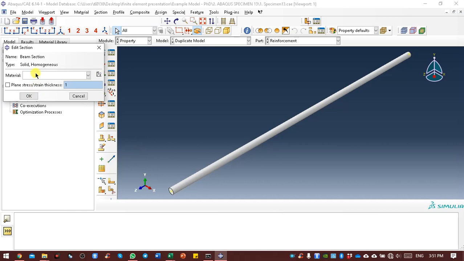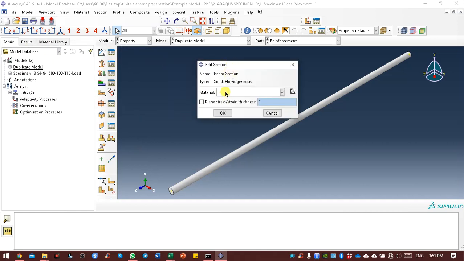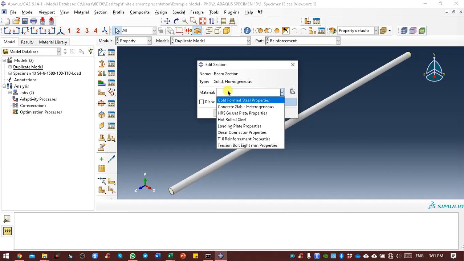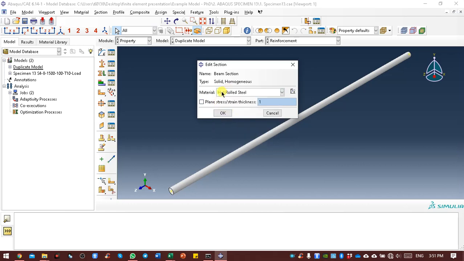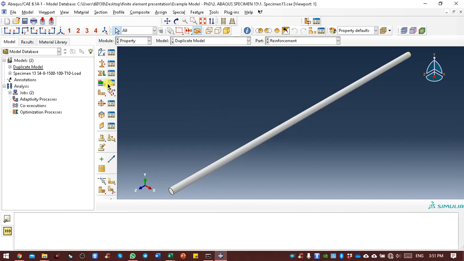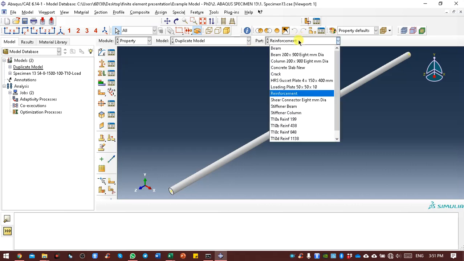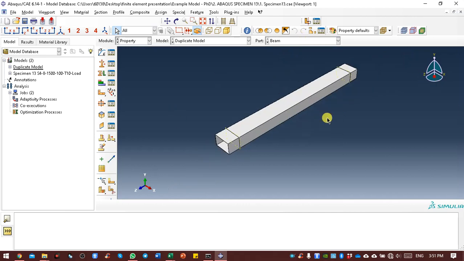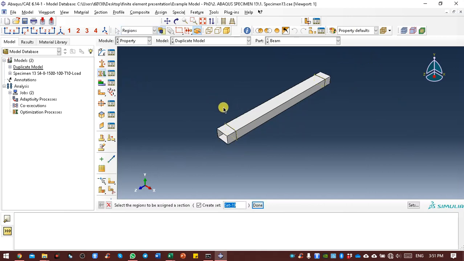This is the part where you need to assign the material, which you already assigned, the hot roll steel just now. So the material itself you already assigned as hot roll steel, and that's it. Okay. After you create the section, you then need to assign the section. For example, this beam. This is empty, there are no properties on the beam. So what we should do is assign the section.